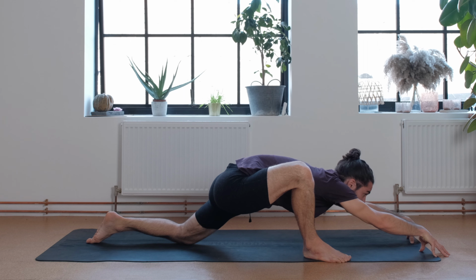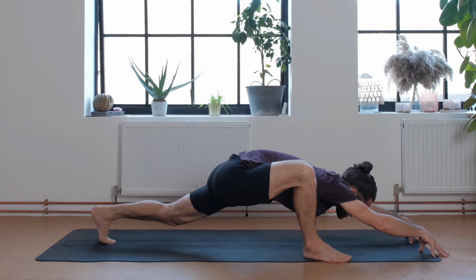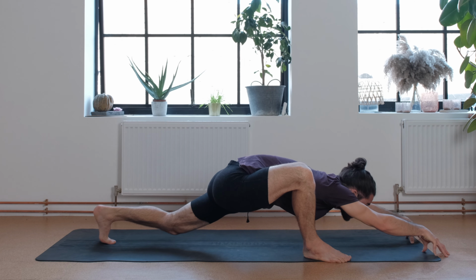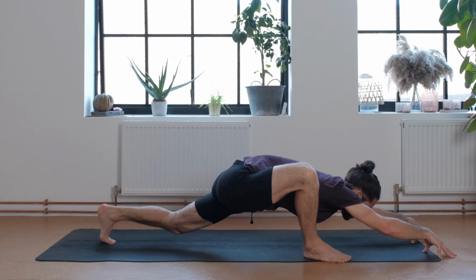Feel free to stay still or to move gently side to side. Of course, if you want extra intensity, flex the feet and press the heel back. Try to go lower on your hips, farther forward and down on your chest and your upper body, and breathe. For 3, very nice. 2,